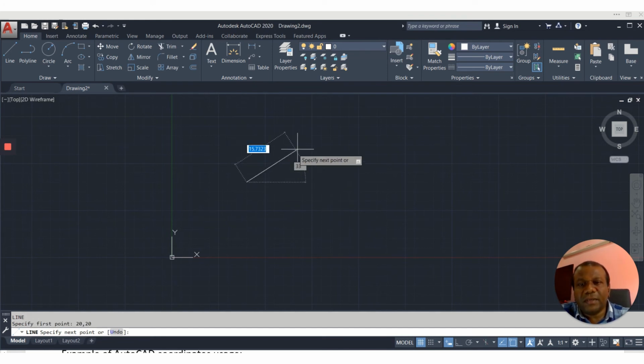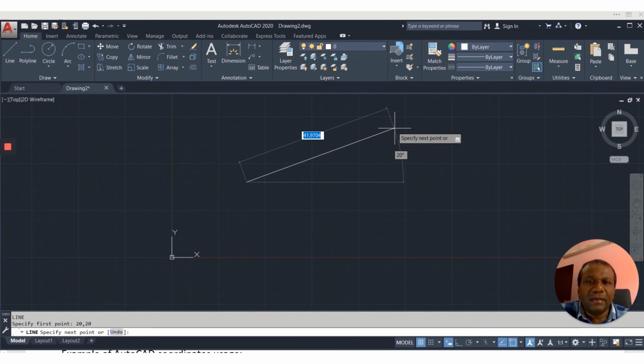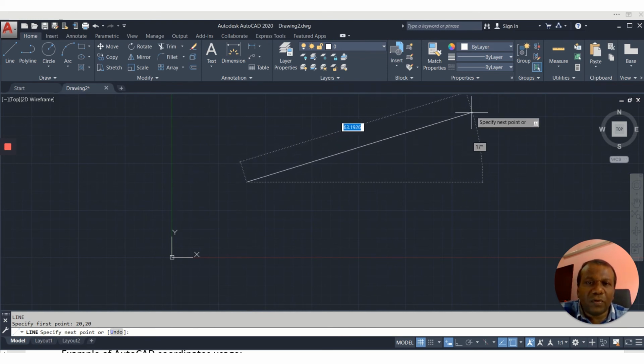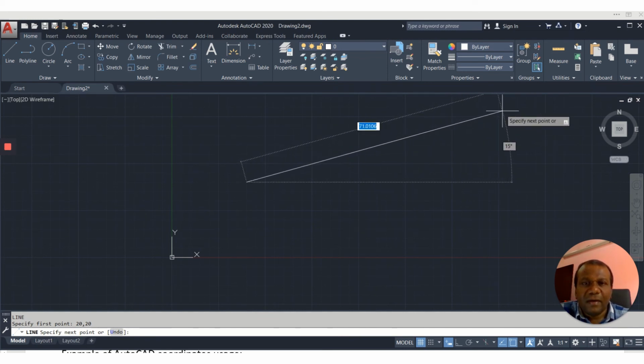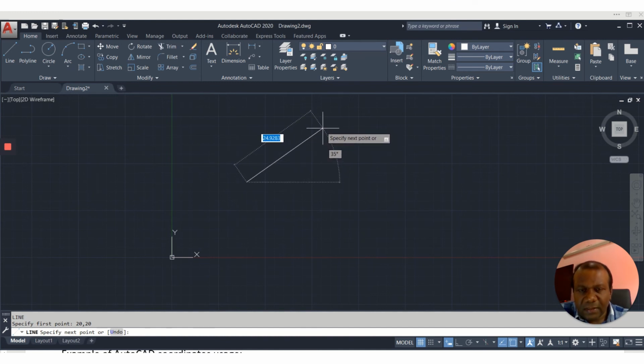You can move approximately to a place and type 20, 20 and enter. After that, for the second point, it's asking for the polar. You know, for the polar we give the distance, the length, and the angle. Here the distance increases as I move away, and when I come closer, the distance is reducing. Here 13.5, 6 point something, and at the same time the angle is also there. Here 35, 40, right?